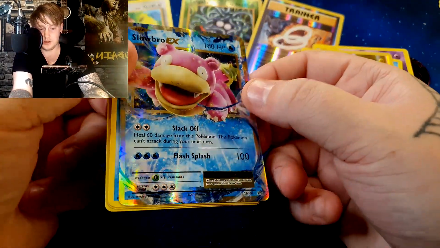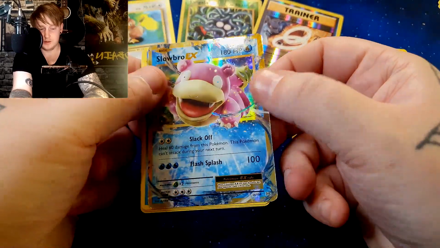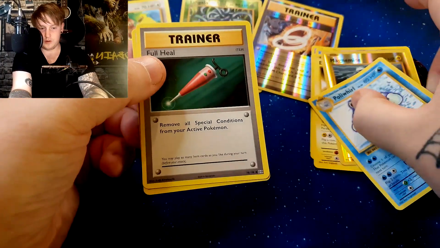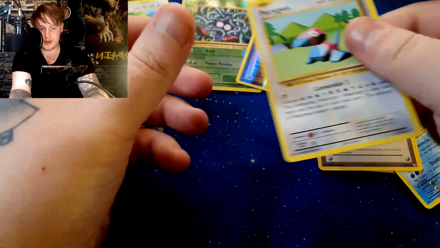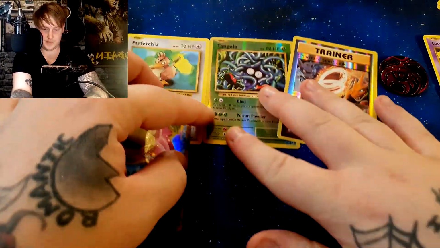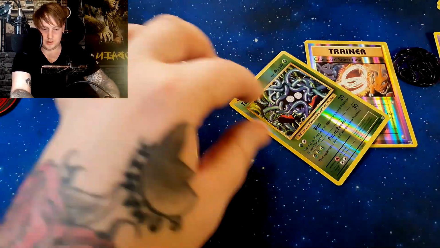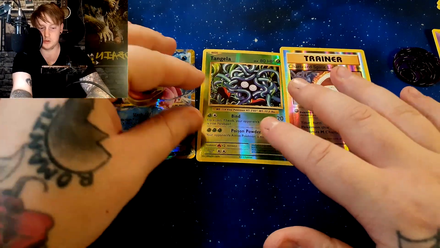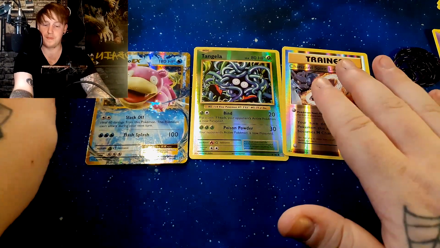So, the shiny goodness of that. Poliwhirl, Full Heal, and a Porygon. So not too bad. We got an EX at least, so I'm not too sure how much it's worth, but